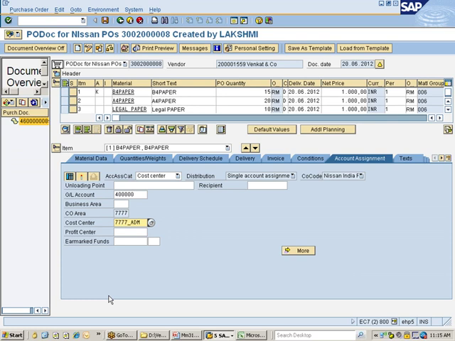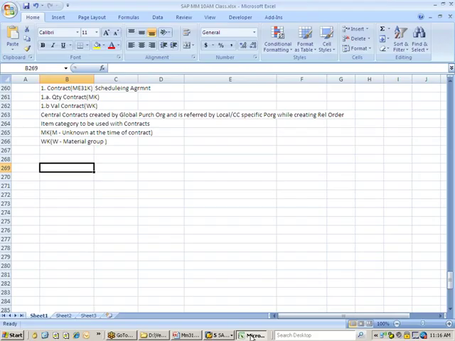Any other questions? Pavitra, Radhika or Sudhakar? No, from my